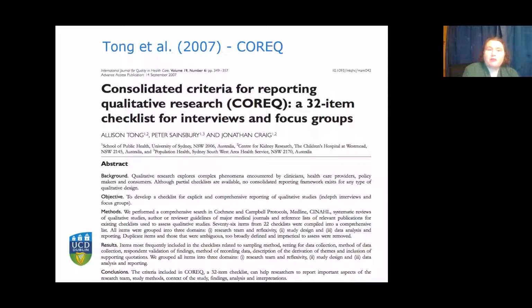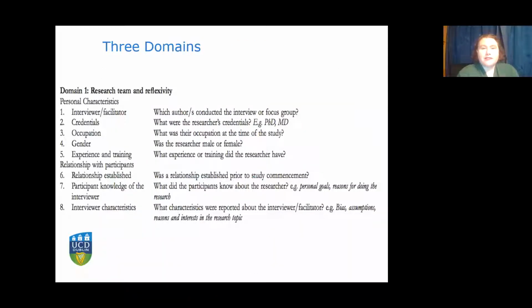So COREQ is based on a paper by Tong et al. from 2007, so not a recent publication. And this is a set of criteria that were developed as a checklist for interviews and focus groups. And if you're familiar with this paper, you'll know that they conducted a search of a variety of databases to look at qualitative studies and the existing checklists that were used to assess their quality. And they found 22 different checklists, and they synthesized these into 3 key domains. And again, a number of journals expect you to submit a document. It's not necessarily going to be published or supplemental, but to submit a document where you indicate how you have addressed each of these. So I'm not going to go into detail on them, but I just want to highlight